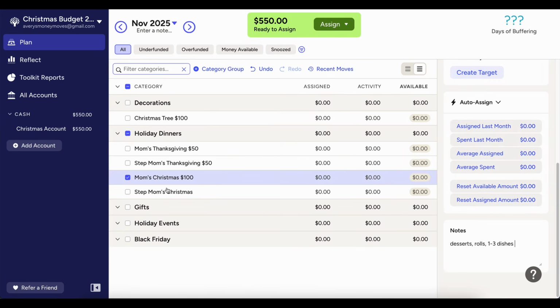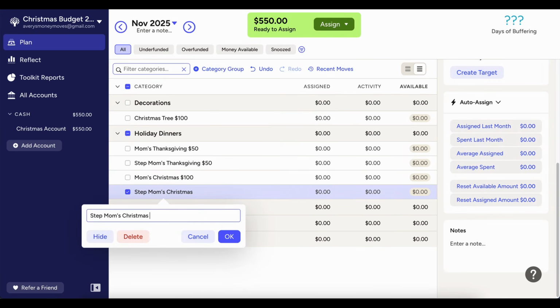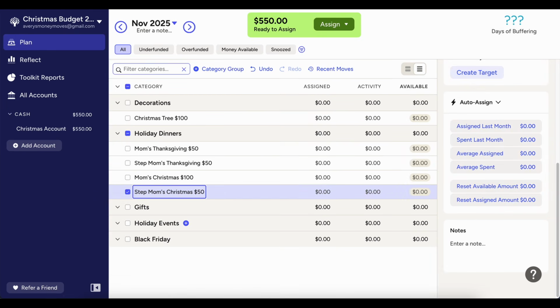For my stepmom's Christmas, I'm not 100% sure. I want to say better safe than sorry, we'll do $50, depending on what I end up needing to make. In previous years, we've done things like make your own charcuterie themed board, a baked potato board, a Chick-fil-A board, etc. But in other years, we've just done everyone bring a different type of pizza, and that wouldn't cost this much if that's the case. But to be safe, I'm going to say $50. That way, I don't underestimate.